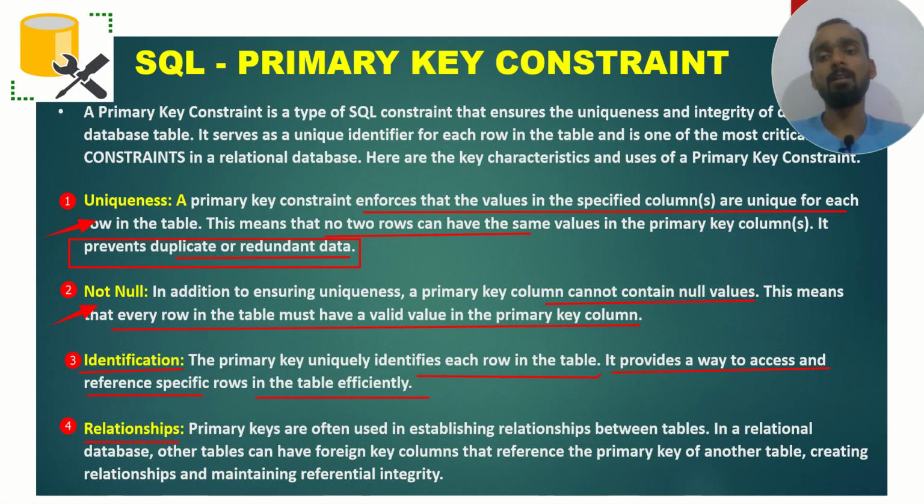The same thing is written over here. Primary keys are often used to establish relationships between tables in a relational database. Another table can have a foreign key, the same thing I was trying to say, referencing the primary key of another table. Let's say a particular column is a primary key in a table, and the same kind of attribute in another table references it, creating a relationship in terms of primary key and foreign key. The foreign key will be covered in the next videos. So I hope till now you are clear.